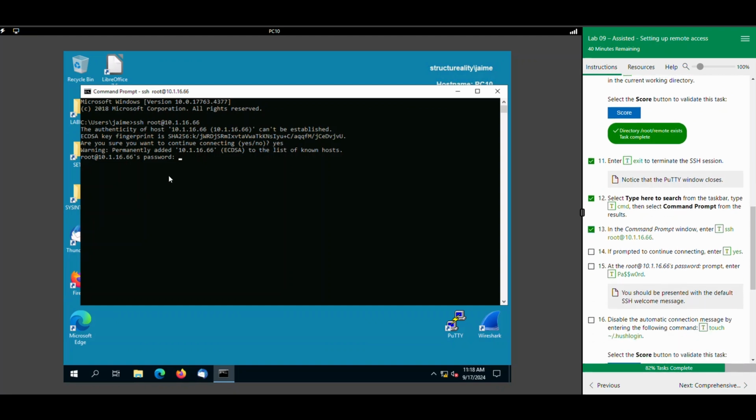Why is it asking for a password when before we were prompted with a username and we had to type in root? The reason is that with this SSH command, this is the username that we can connect with over SSH, and at indicates what server we're going to, and this is the IP address of the Kali Linux server. So let's go ahead and check off 14 and enter the password for 15,